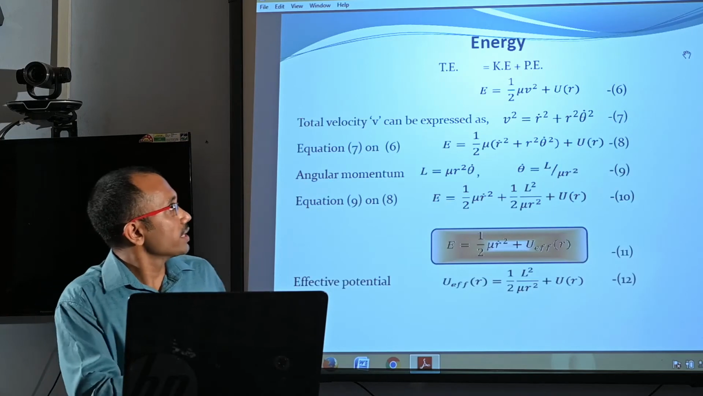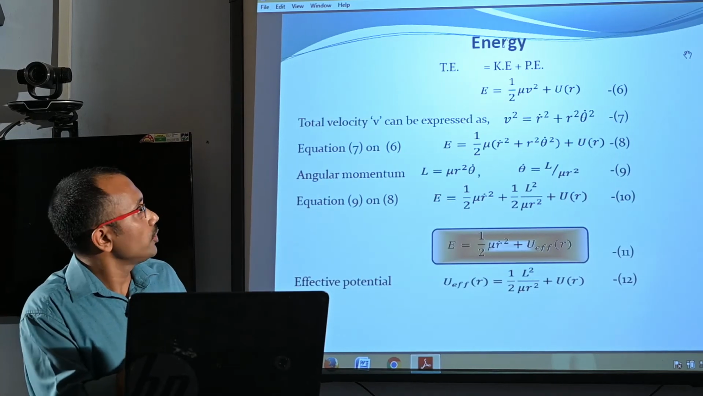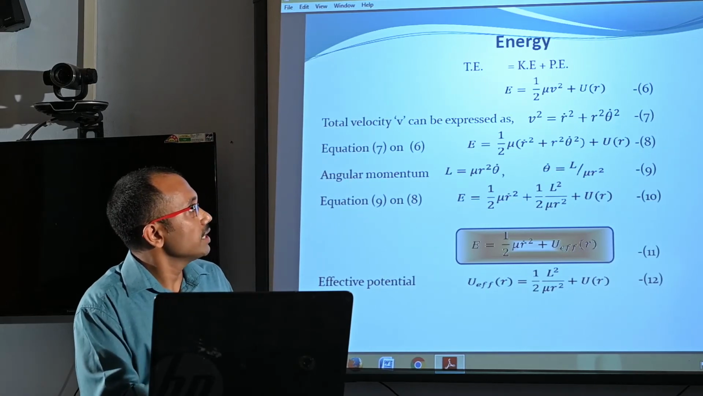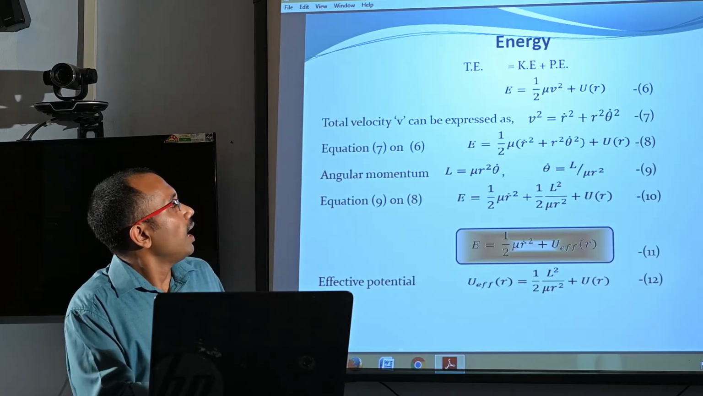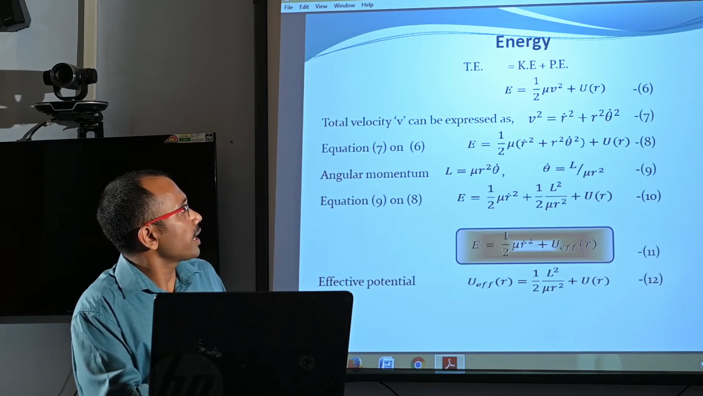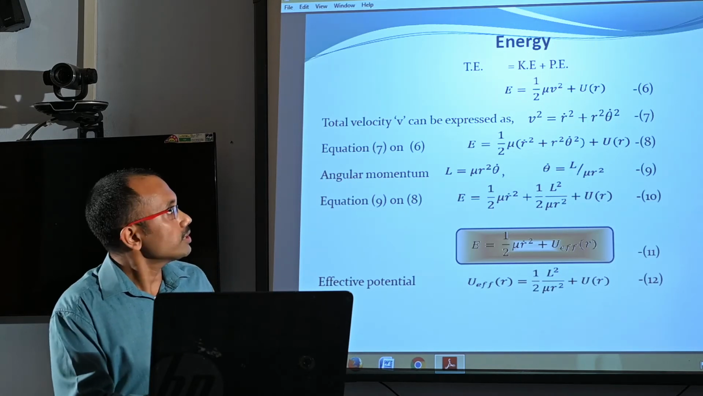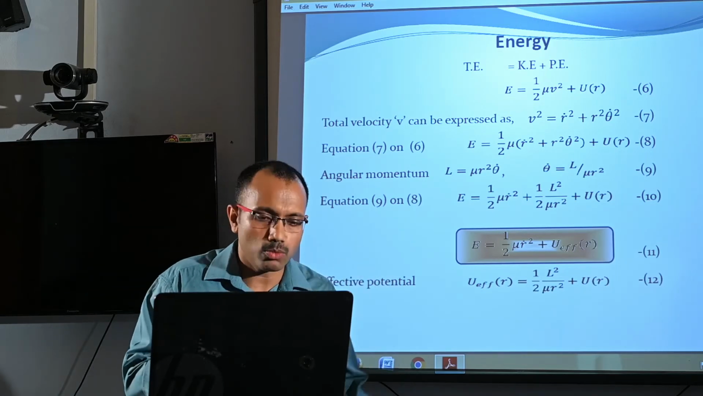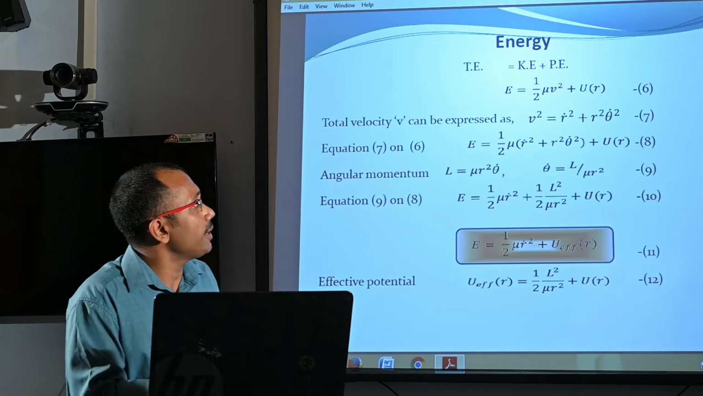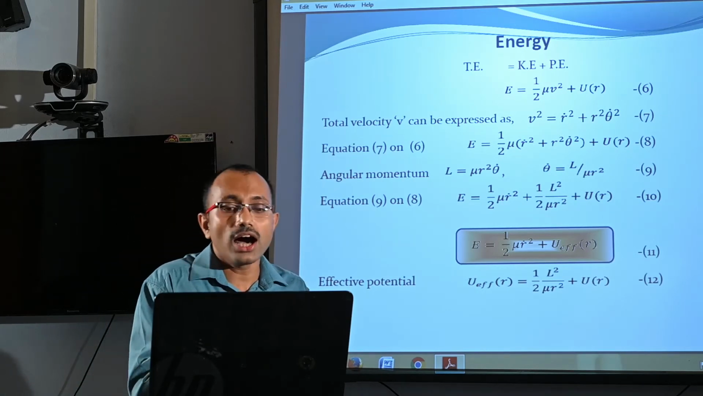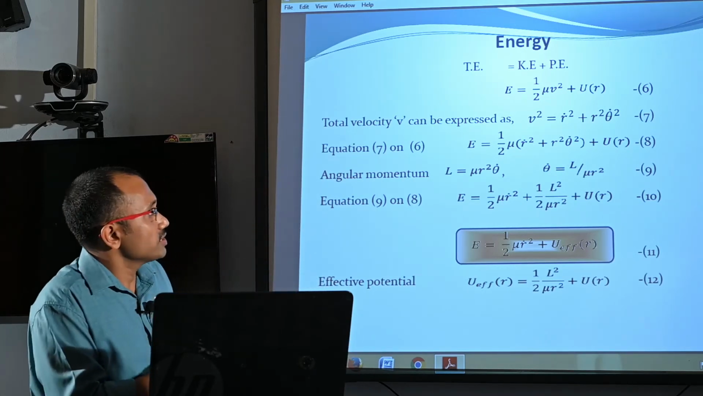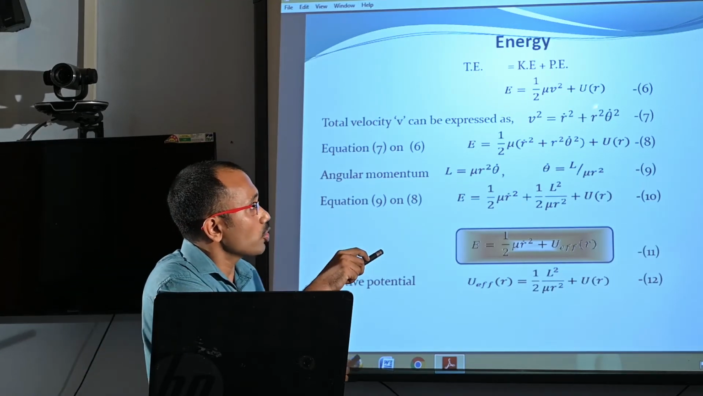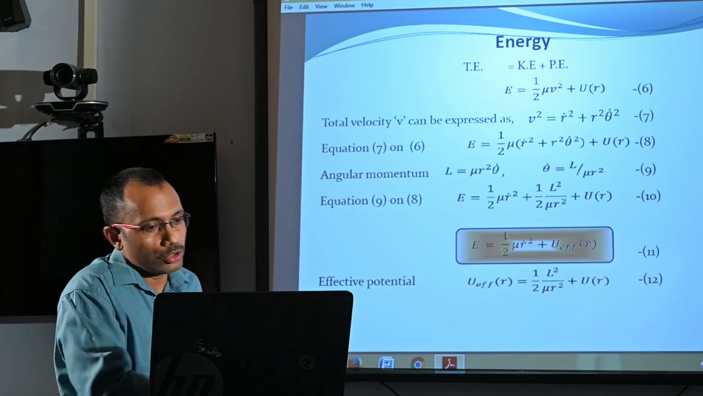Next is about the energy. The total energy of a particle will be the sum of kinetic energy and potential energy. Here the potential energy is u of r, and the kinetic energy can be written as half mu v square. But here the motion consists of rotational motion and linear motion. So the total velocity squared can be expressed as r dot square plus r square theta dot square, where r dot square is the linear part